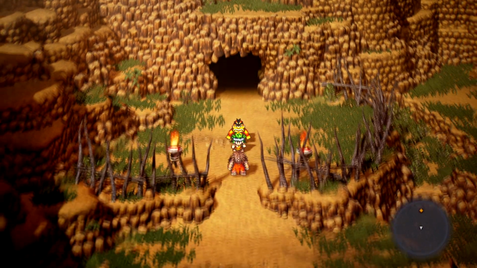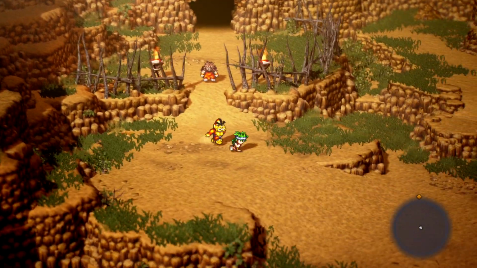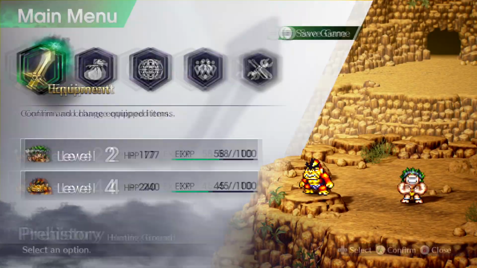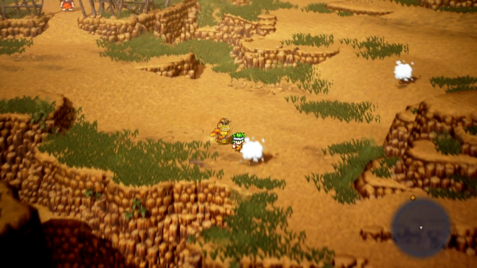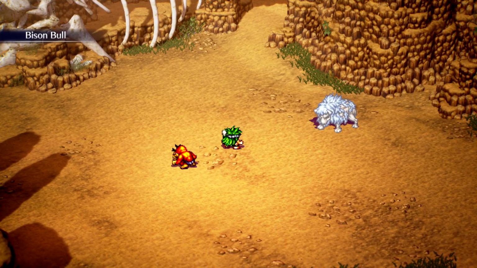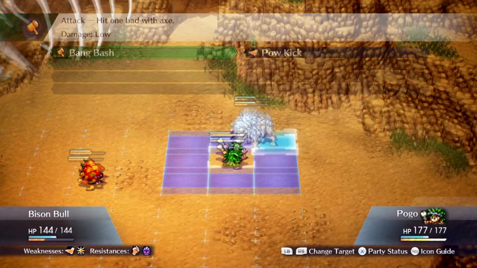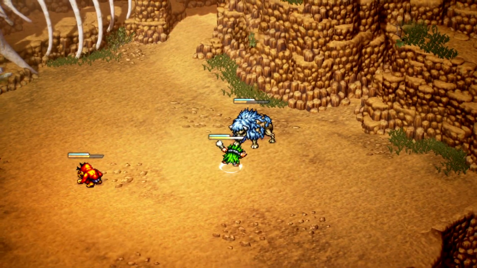Alright, buddy, get out of my way. Thank you. Now, let us return to the hunting ground, and let's do some tracking. I keep hitting the wrong button when I mean to sniff. Use your sniffer, Pogo. And you too, Gory. We could use the help. Alright, make our way over here, and find a new enemy, a bison bull. This guy, a little bit more durable, but he's also weak to POW kick, and with all the attack power boosts...